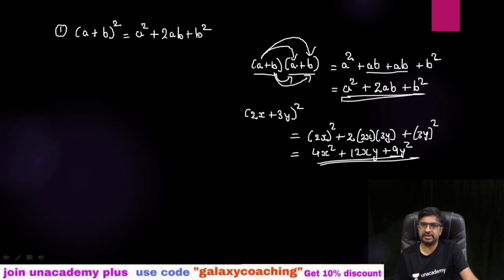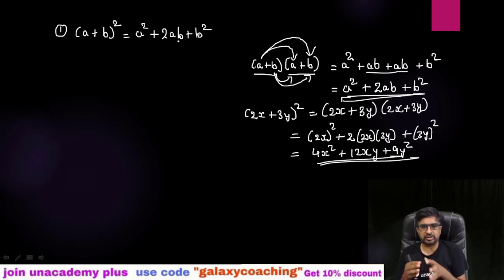We don't have to multiply (a plus b) into (a plus b), or if you want to multiply and check, you can multiply (2x plus 3y) into (2x plus 3y) and you will also get the same answer guys. So these are actually shortcuts. These shortcuts are called identities. And why are we learning them? It will make our calculation very simple, and that's why we are learning this. Okay, so these are identities. I am going to show you 10 identities.